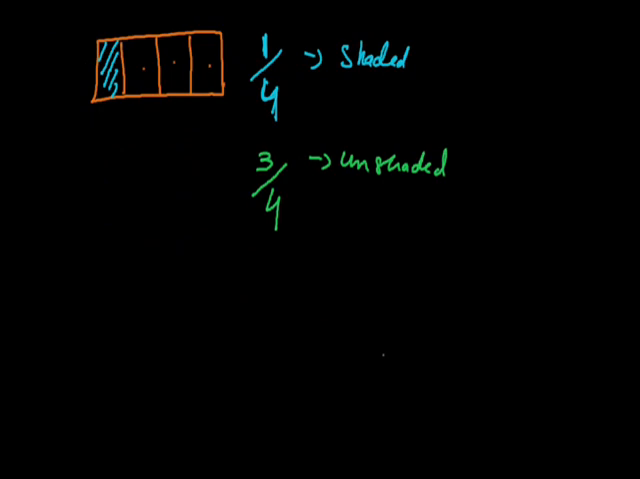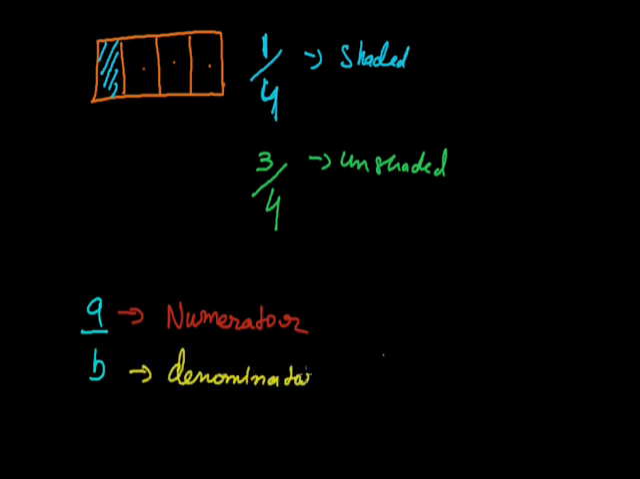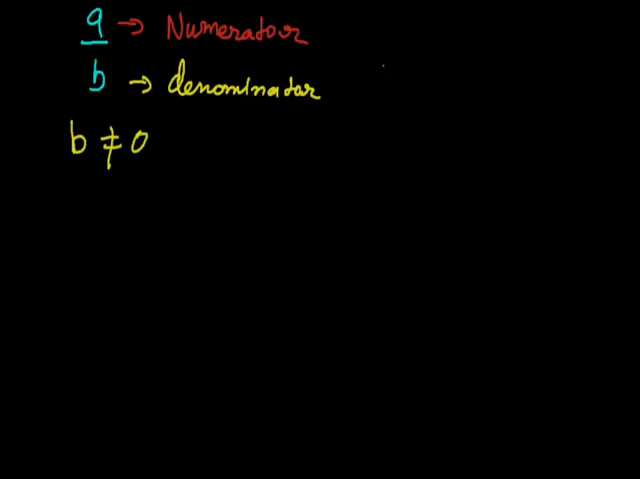Now we represent a fraction in the form a upon b. In this, a is known as the numerator and b is known as the denominator. In this, we have to remember that b cannot be equal to 0. Now the types of fractions are: